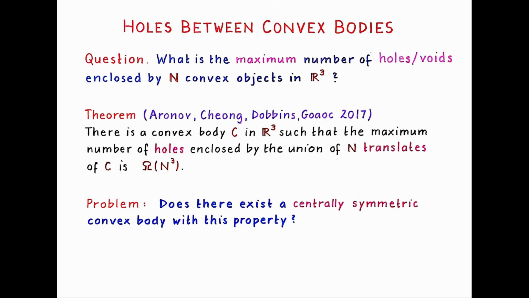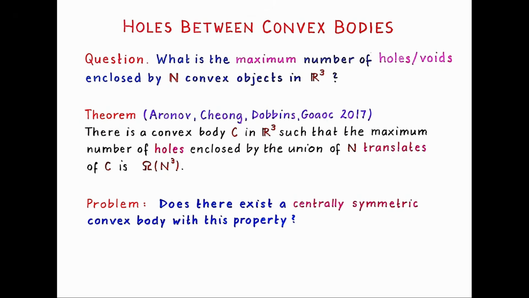So the question which I think is doable is this question here. So in retrospect, it is clear that the main idea in this construction, which is rather technical, which makes the cubic bound possible, is that the convex body they construct is